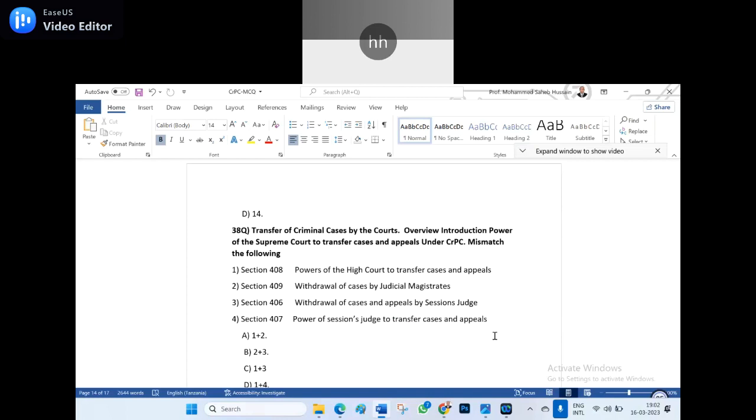And the options: A. 1 plus 2. B. 2 plus 3. C. 1 plus 3. D. 1 plus 4. I said mismatch. Option B, 2 plus 3. Option B is the right answer. 2 plus 3,